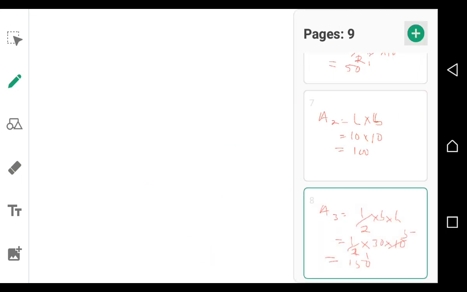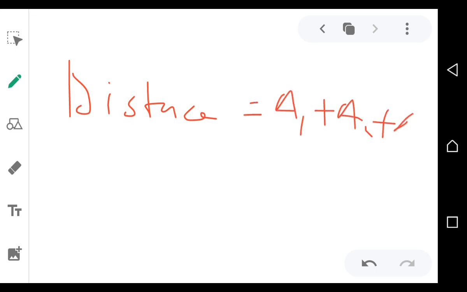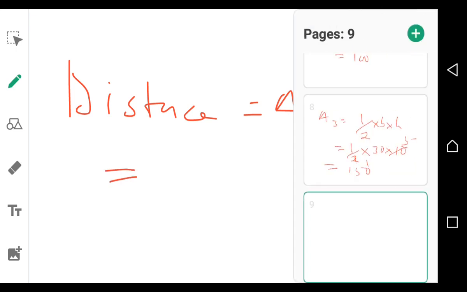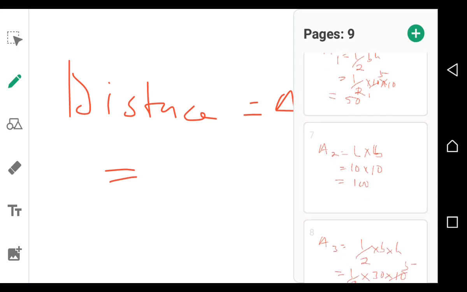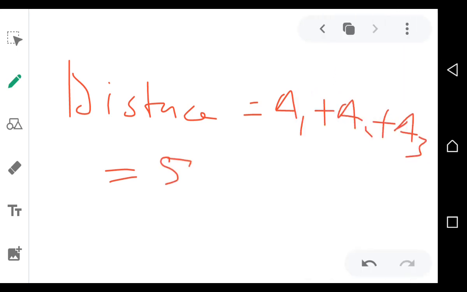So the distance, which I'm looking for, will be equal to the sum of the areas, right? So distance is equal to area 1 plus area 2 plus area 3. So what is my area 1? Area 1 is 50, area 2 is 100. So 50 plus 100 plus 150, which is coming to